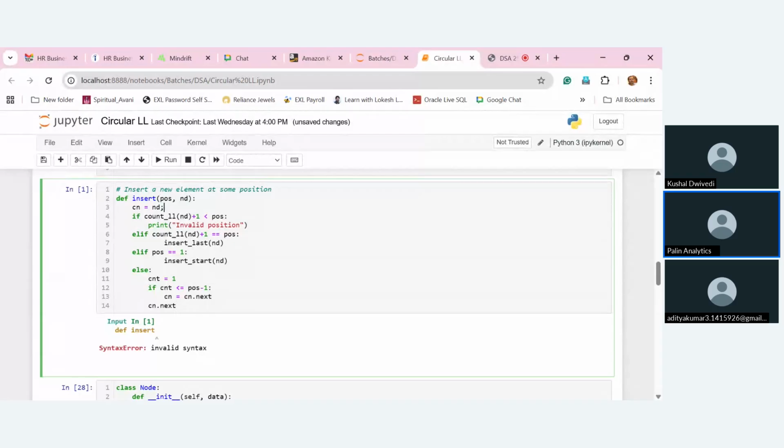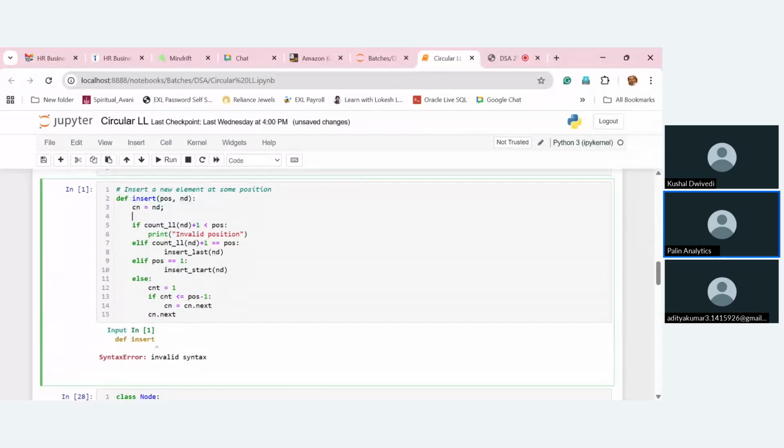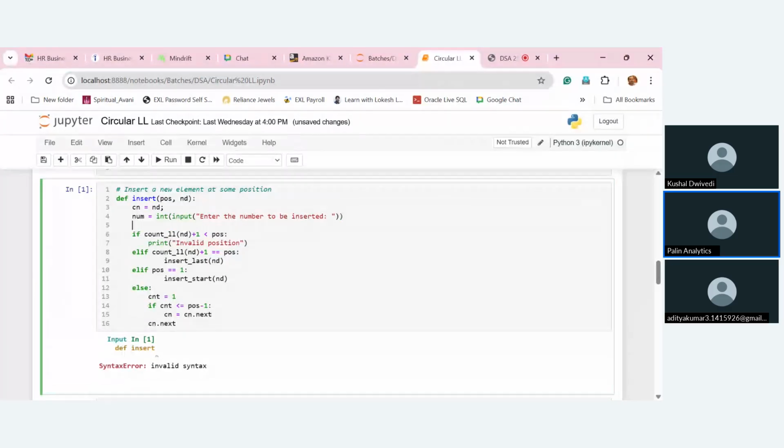So here it also has to ask the number to be inserted. So num is equal to integer input, enter the number to be inserted. Okay, and then